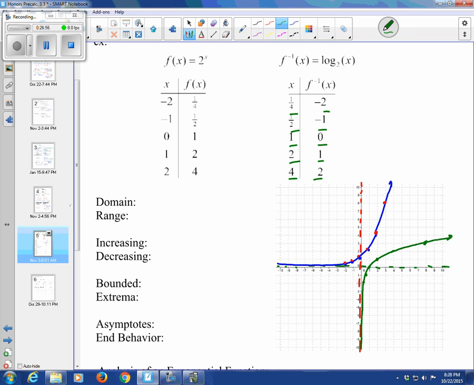Now, an important thing to note here, this is a very, very steep vertical asymptote. So when you see it on the calculator, a lot of times it cuts out. You don't get to see the whole thing. But you need to remember that it's the inverse of an exponential function, and the exponential function's domain is going to be negative infinity to positive infinity. So that means that the range of the logarithmic function is going to be from negative infinity to positive infinity